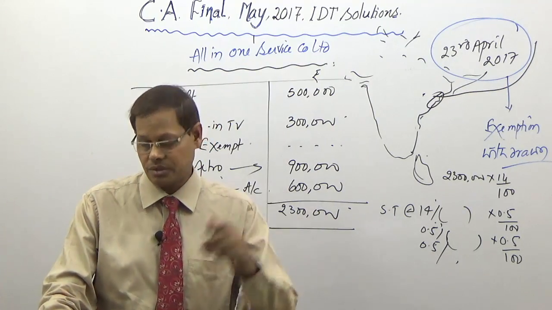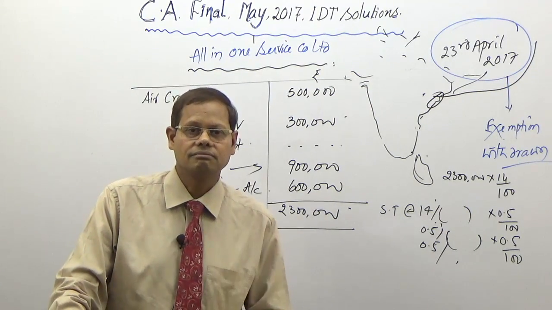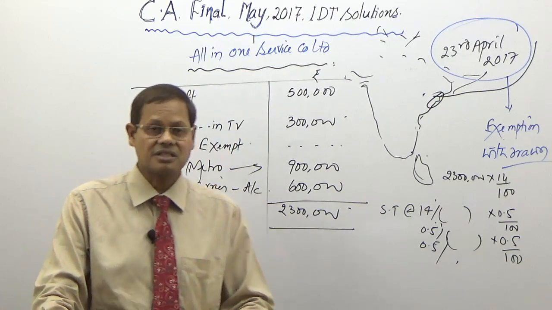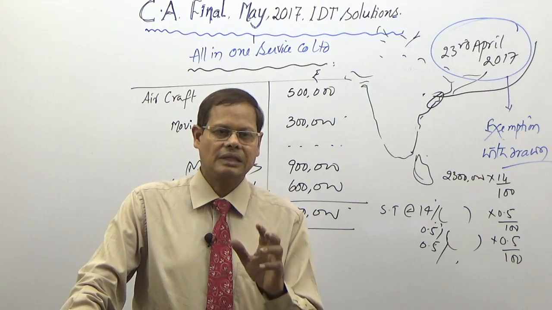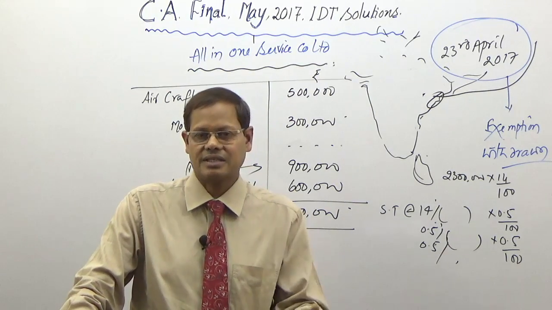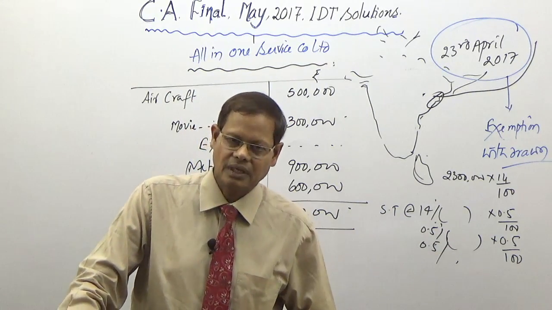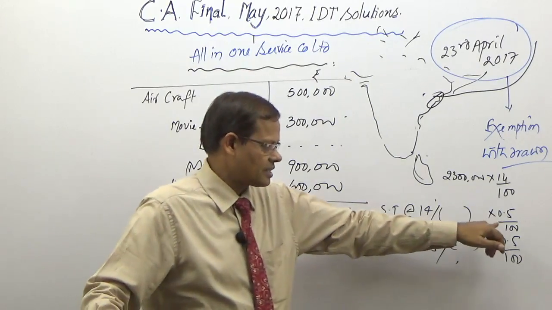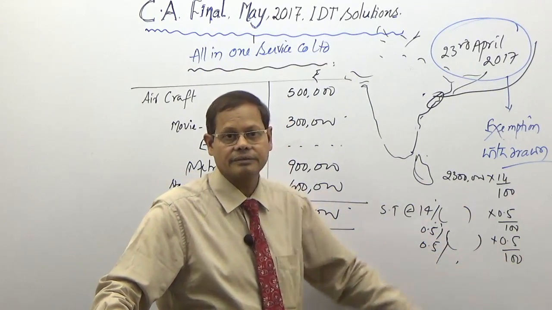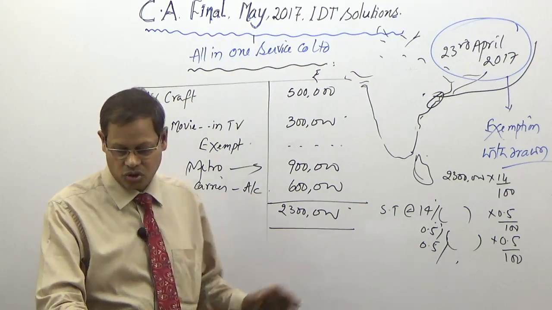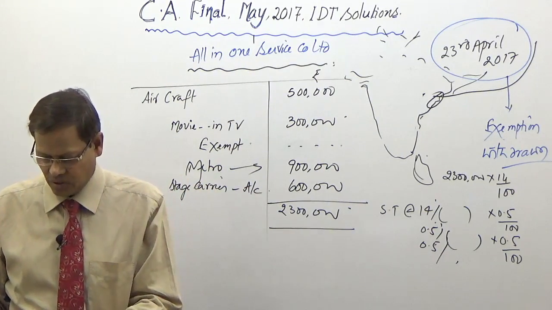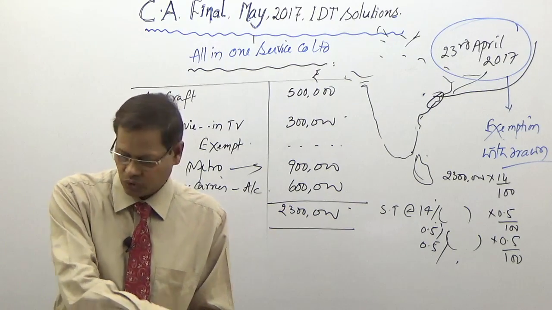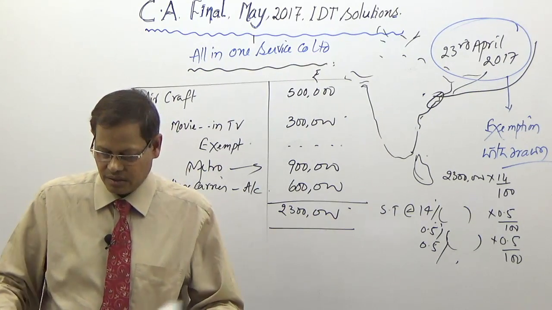Normally I take it as inclusive. As per section 67, I consider that the amount is inclusive of service tax and cesses. I calculate by the reverse method, but here no reverse method is necessary. Divided by 100, the denominator is 100 because it is exclusive of taxes. Okay, so very good. We have solved 3 questions, and the 4th question is on